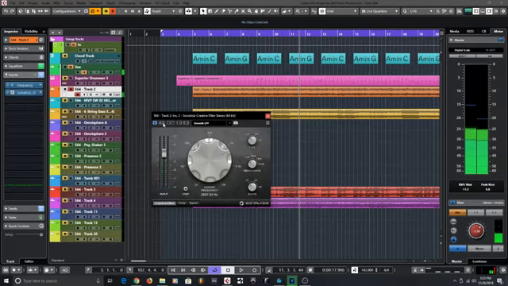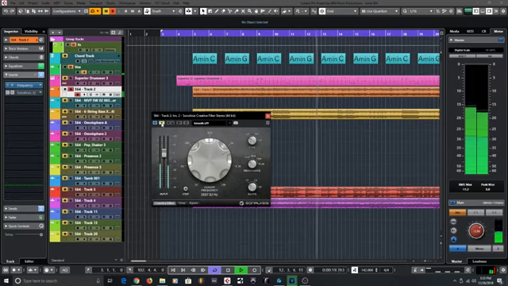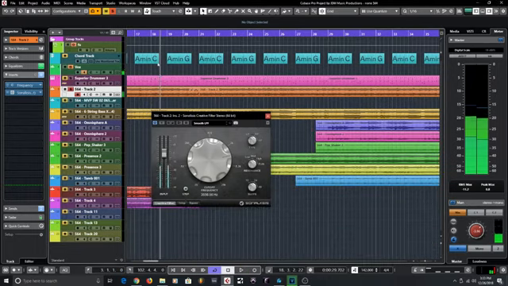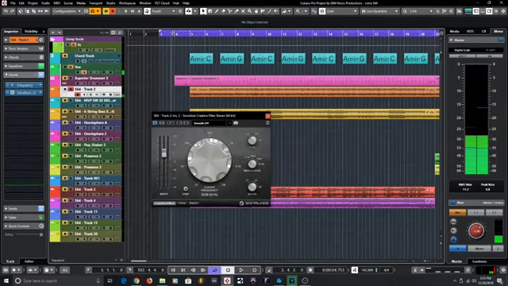As you can see in mono, you can actually hear it more. You want to remove that dirty sound and just make it clean. Again, I think that sounds better.